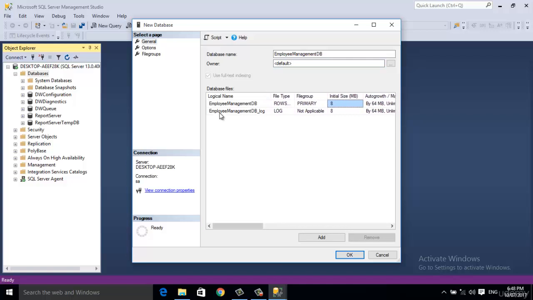Okay, these are the file names that have been provided by Microsoft on the basis of the name that I have typed here.